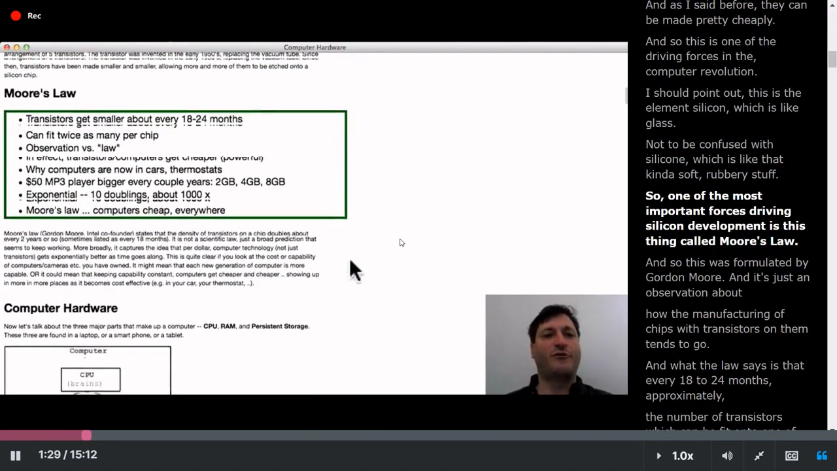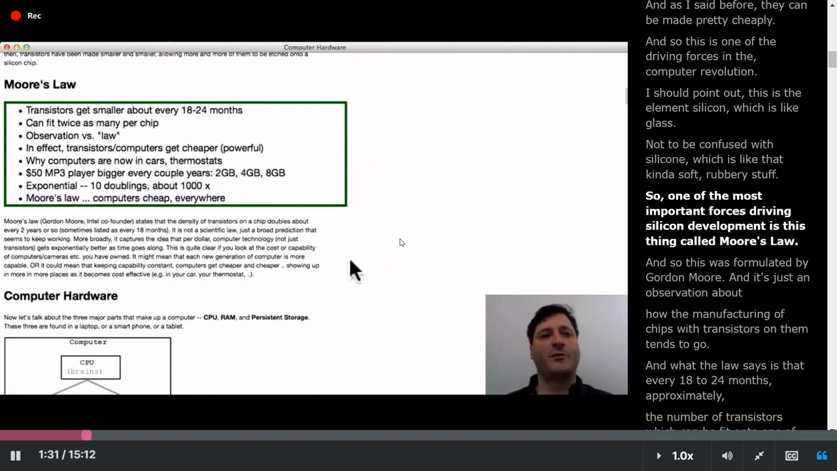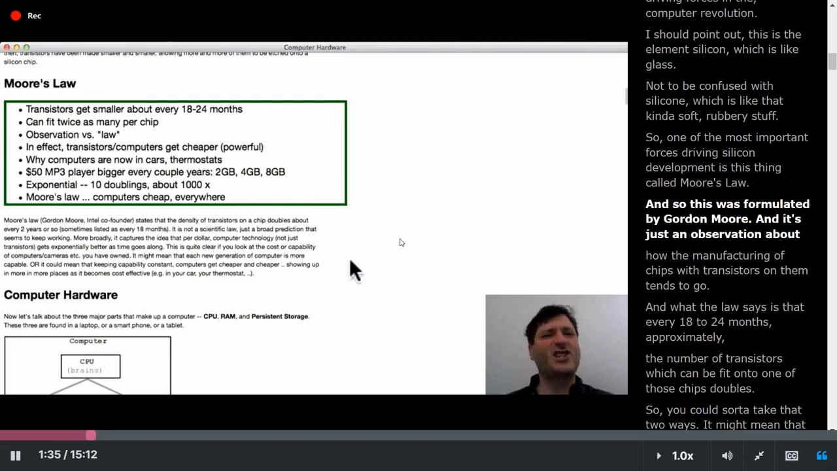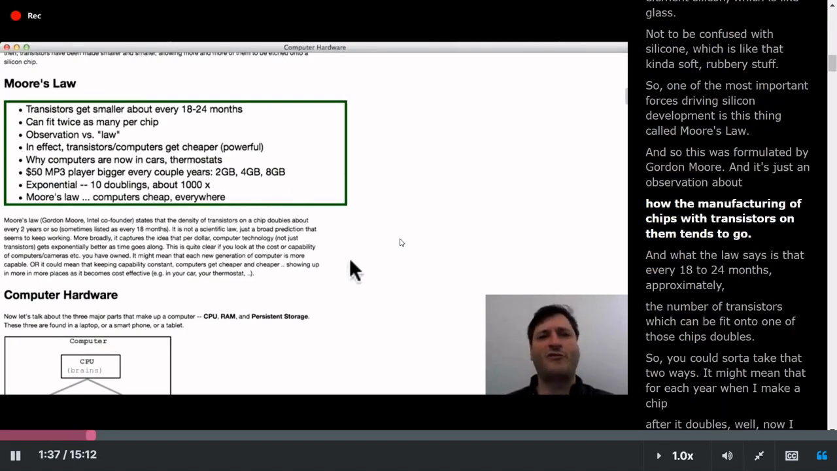One of the most important forces driving silicon development is this thing called Moore's law. This was formulated by Gordon Moore, and it's just an observation about how the manufacturing of chips with transistors on them tends to go. And what the law says is that